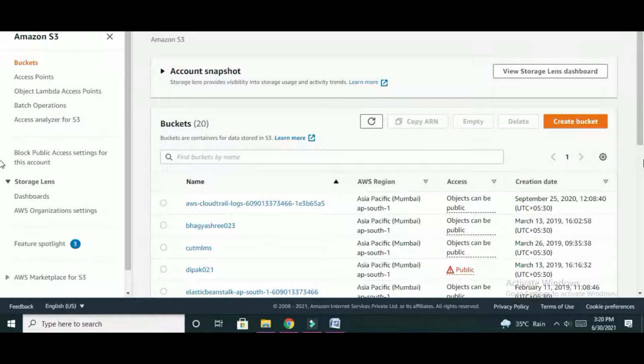For example, suppose I am using one availability zone where my data is being stored, and for some reason that data center or the availability zone fails. Then it is very difficult for the cloud user to restore the same data. That's why it is the responsibility of the service provider to provide backup in multiple availability zones. So in case of failure of one availability zone, the second availability zone provides the required information, or the same data can be retrieved from another availability zone.